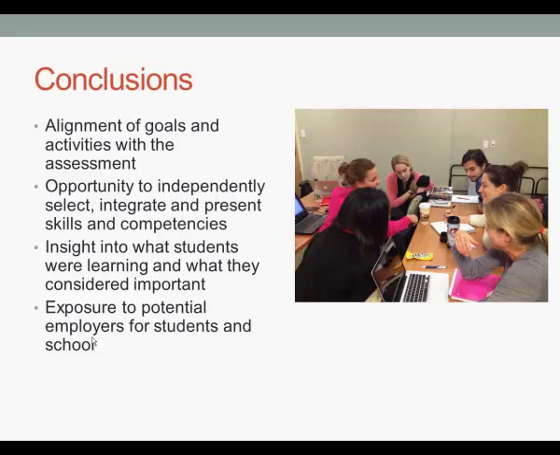So in conclusion, we really started this project because we were interested in how students were incorporating learning from this course into their own personal skill set. We think the assessment is well aligned with goals and activities in the course. And we think we can do a lot better in the future by being more specific about